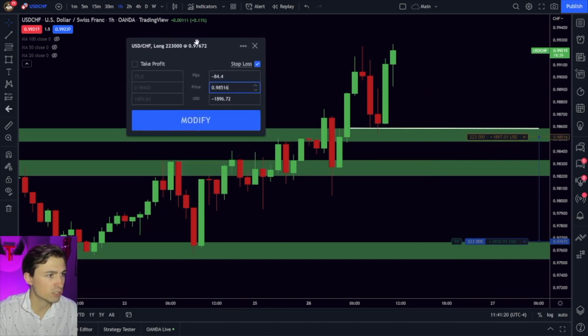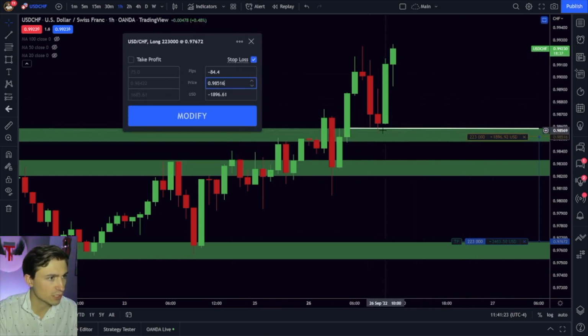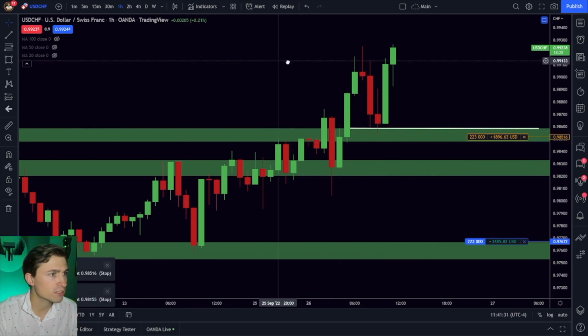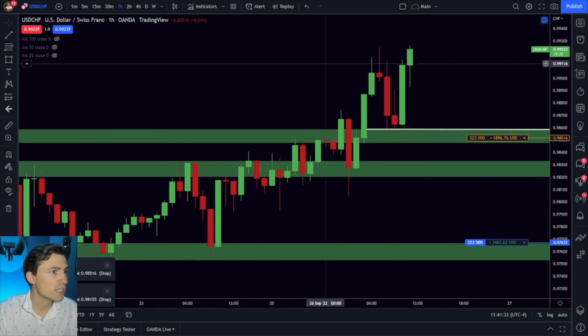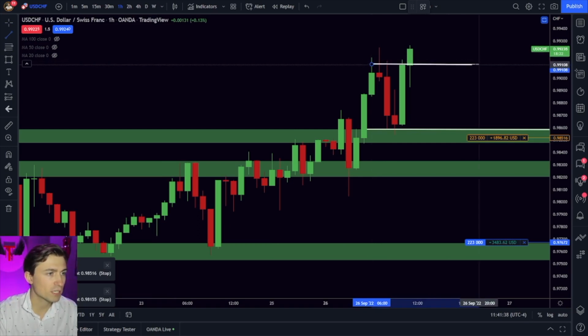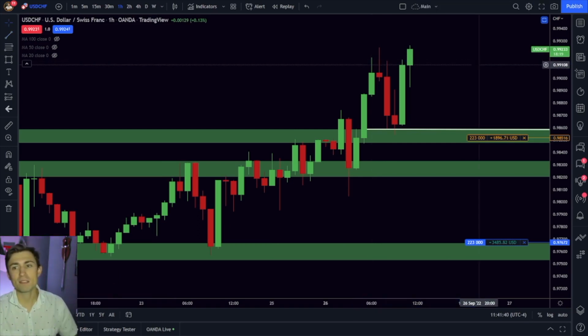So let's go ahead and double check, making sure everything is good. So again, we're basically saying if price clears the lows here, we're out for an 18.96 profit. We'll click modify, and there we go. We're all set. Now, as we speak, cool thing is we're watching to see if this level can actually break through the highs here. And if we can get a strong close, then again,